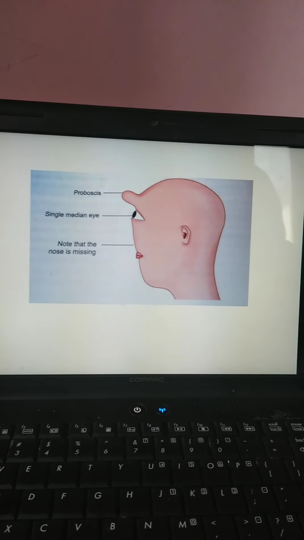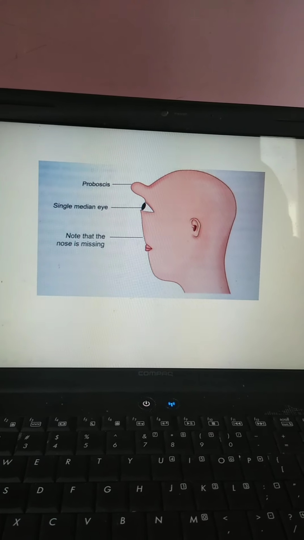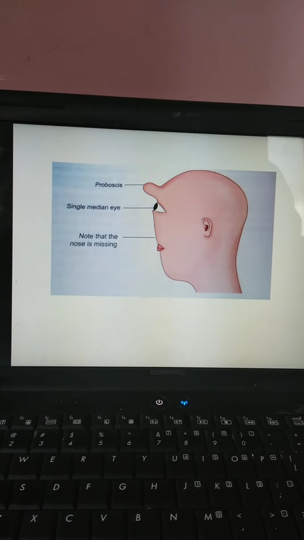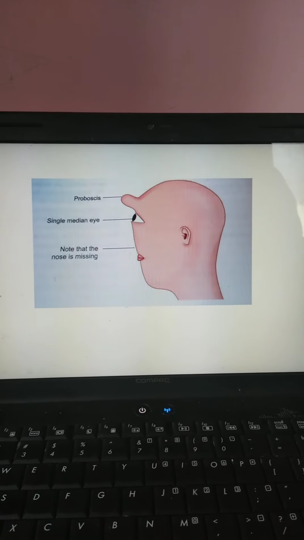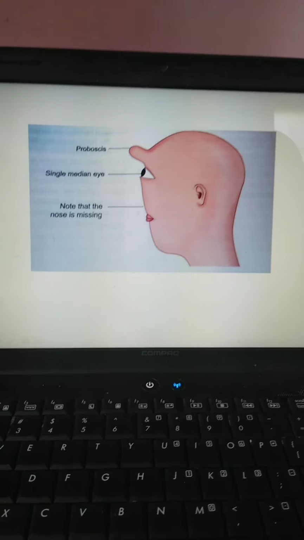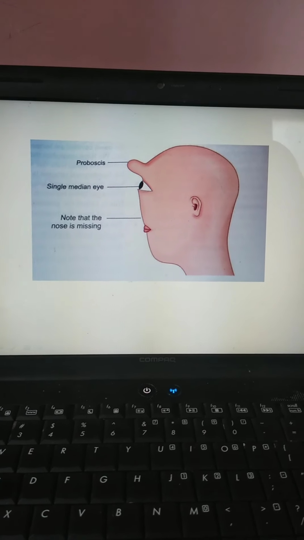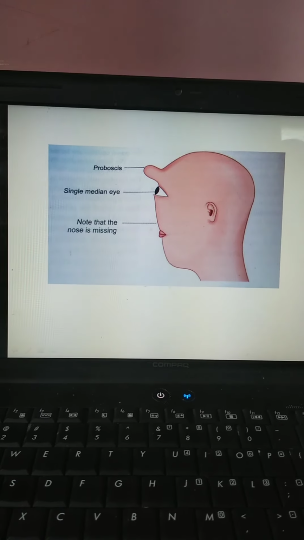We can see the eyes may be widely separated from each other, that is known as hypertelorism. Now why does it happen? Because of widening of the frontonasal process, the eyes are widely separated, that is known as hypertelorism. We can see that the mandible may be small or underdeveloped, that is known as agnathia. So there may be various anomalies regarding the face.